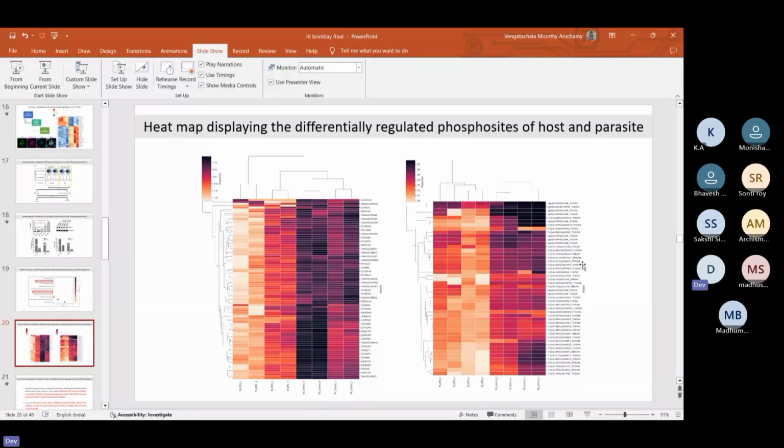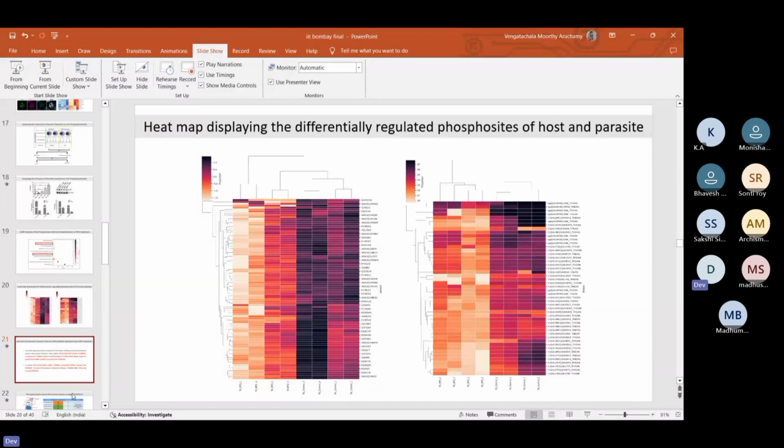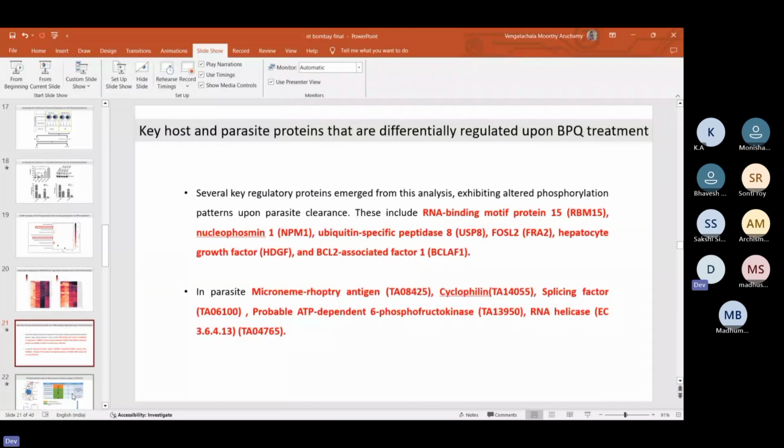So some of the key proteins that we have identified from all our data are, from the host, RBM15, USP8, FOSL2 known as FRAT2, HDGF, and BCLF1. All these proteins have been shown, in the case of cancer, to regulate many different processes. Now coming to the parasite proteins, we have identified phosphorylation in micronemal ROP3 antigen, that is